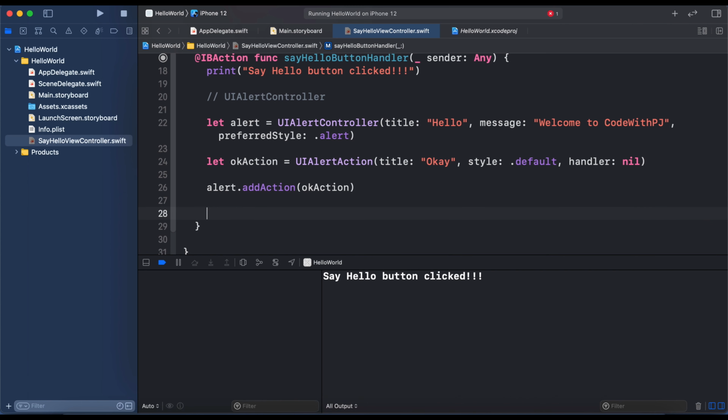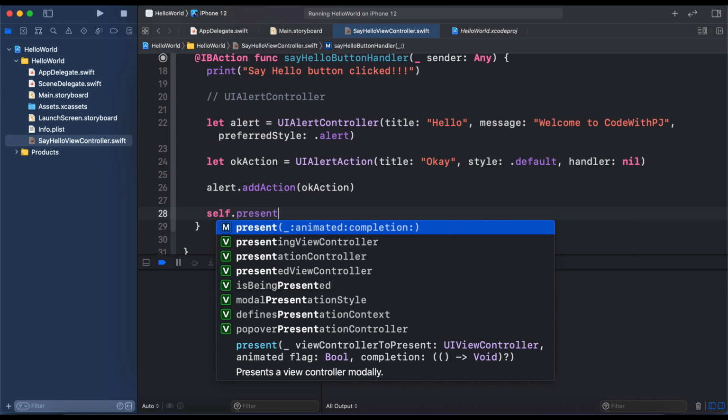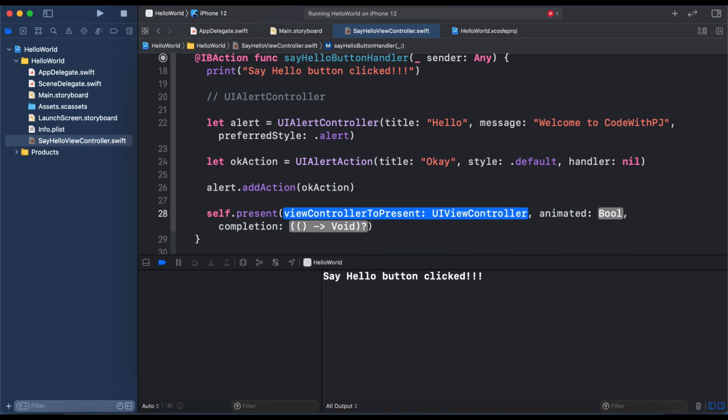You can access that method with self.present, and you see that this present method takes a view controller to present as a parameter. Then animated, if you want animation, yes. Completion, I mean what to do once the view controller has been presented. In our case we don't have to do anything, right? So the view controller to present is our alert, animated true, completion nil, that's it.